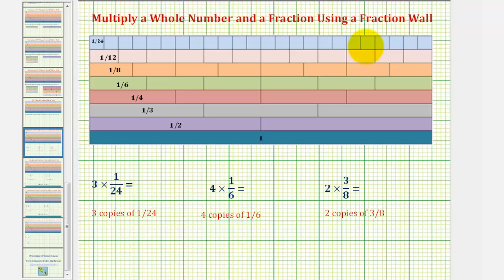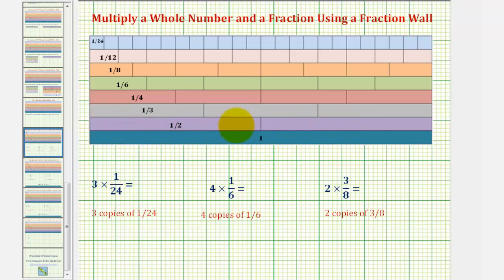Welcome to a lesson on how to multiply a whole number and a fraction using a fraction wall. To use a fraction wall, we first define the long blue rod as one whole. So if we cut or denominate one whole into two equal partitions or two equal pieces, notice how we'd have